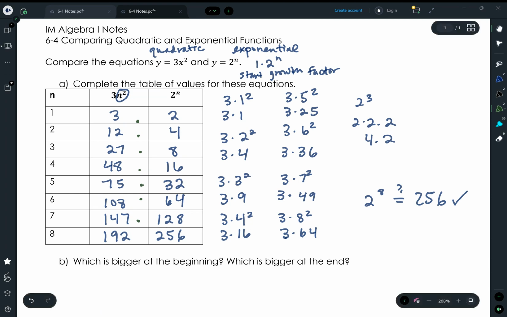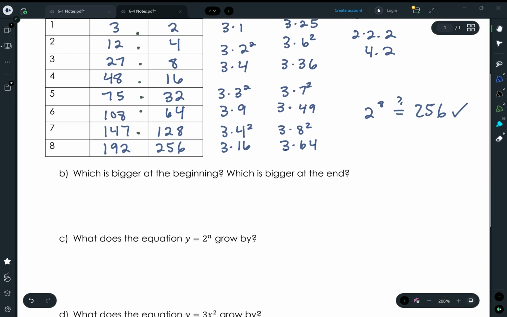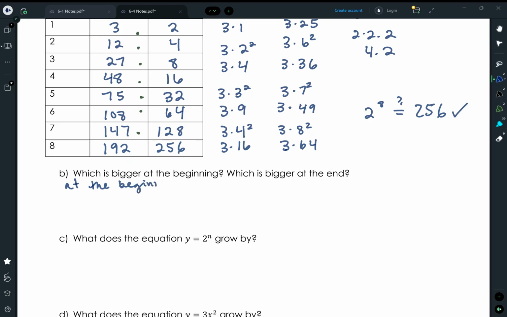So it's kind of interesting. You really think at first that the quadratic is going to give you a bigger answer, but eventually the exponential function is overtaking it. So I'm going to write something exactly like that. I'm going to write at the beginning, 3n squared. 3n squared is larger,